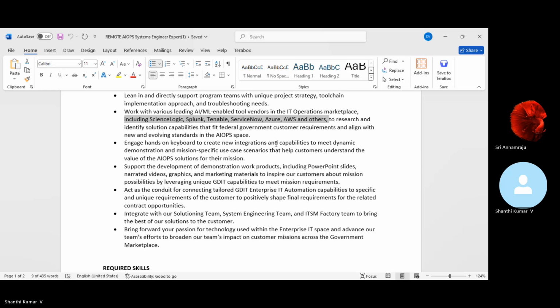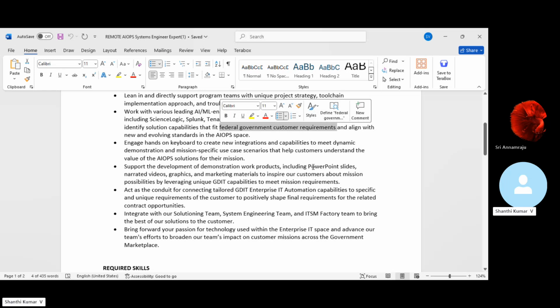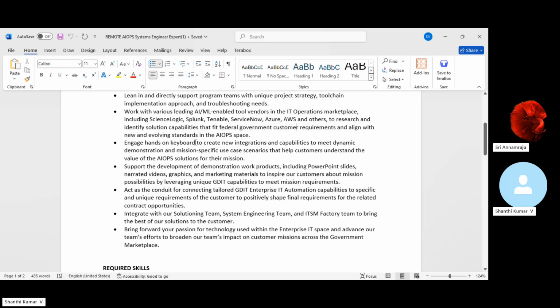Okay, Azure, AWS, and others. Obviously, you are an expert as of now in Azure. So the role is to research and identify solution capabilities that fit federal government customer requirements. This requirement is for a federal government customer. Basically, they have their own requirements and align with new and evolving standards in the AI space. New evolving standards are nothing but keep learning, improving on the